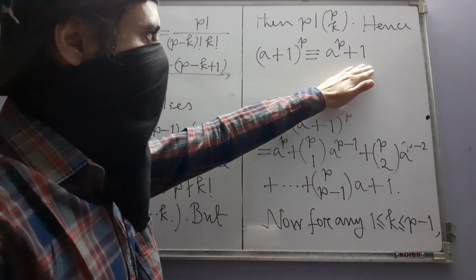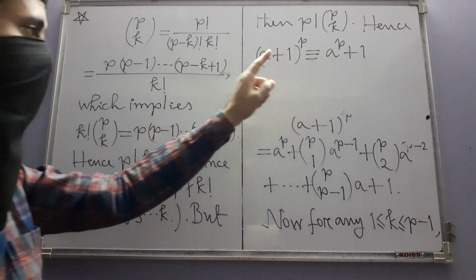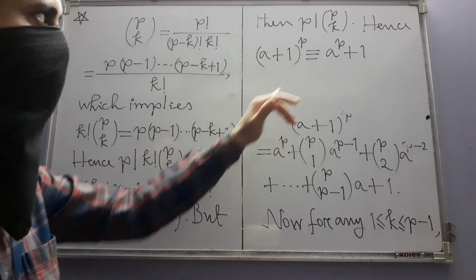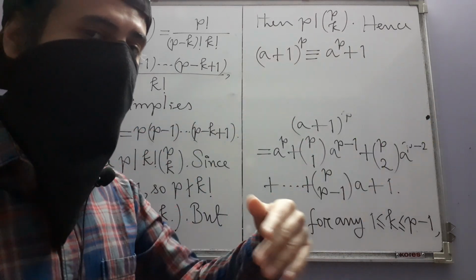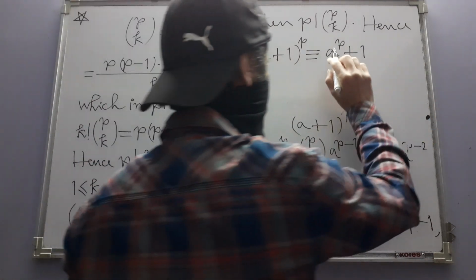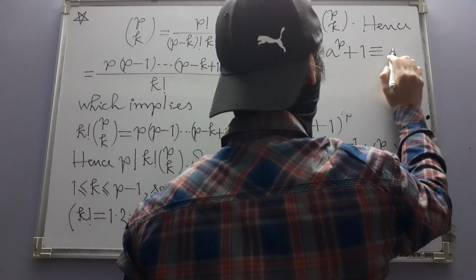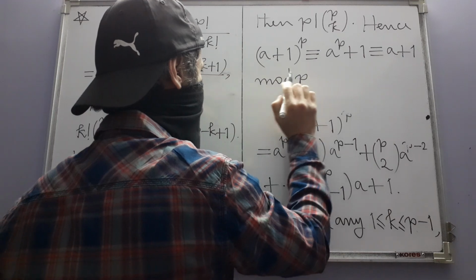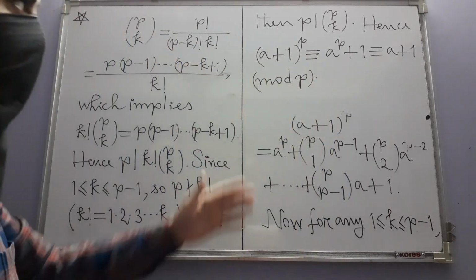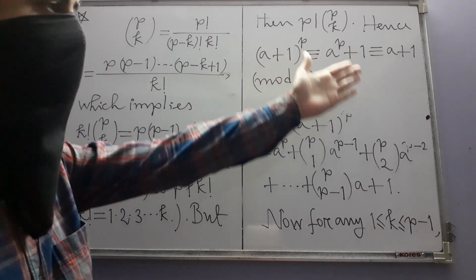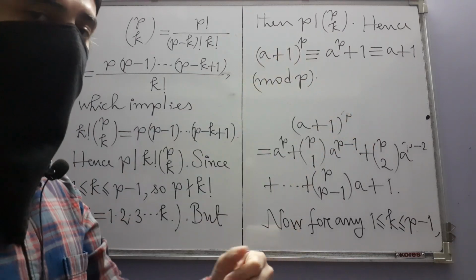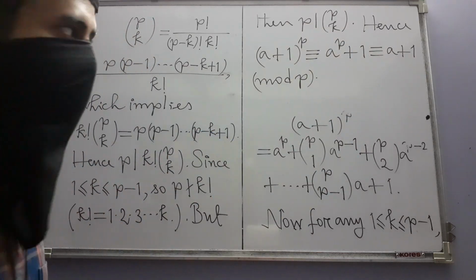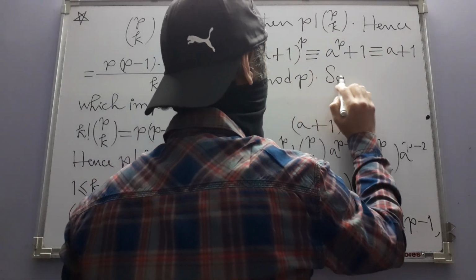It's still not over. And now you use your induction hypothesis, which was our assumption that the claim is true for a. So a to the power p itself is congruent to a. And that's why that plus 1 is congruent to a plus 1 modulo p. But look at this congruence. This is just that statement, but with a plus 1 in place of a. The pth power of a plus 1 is congruent to a plus 1 modulo p. So by induction,